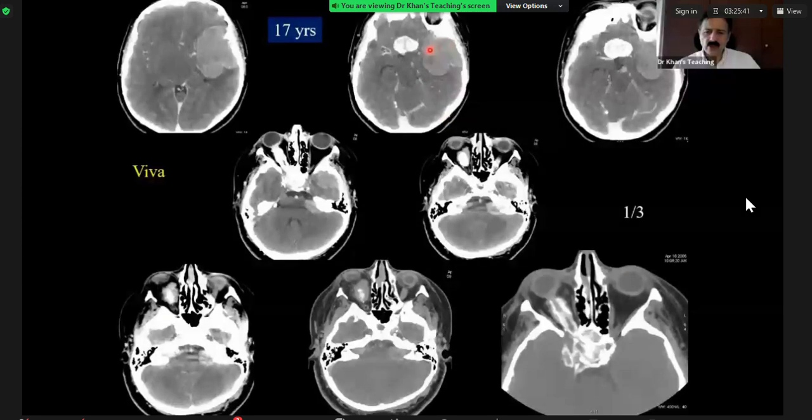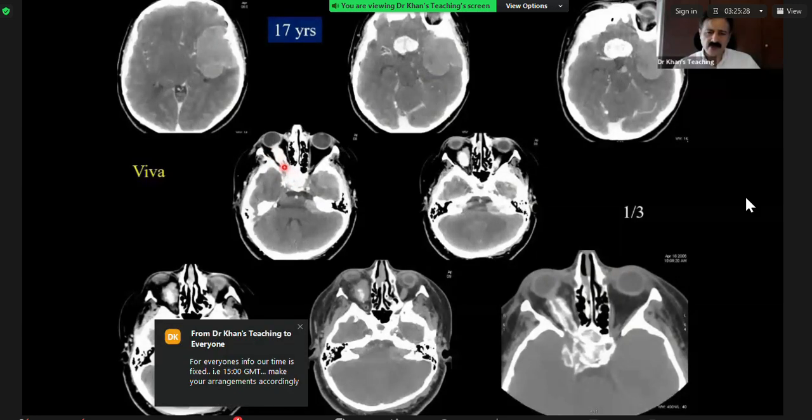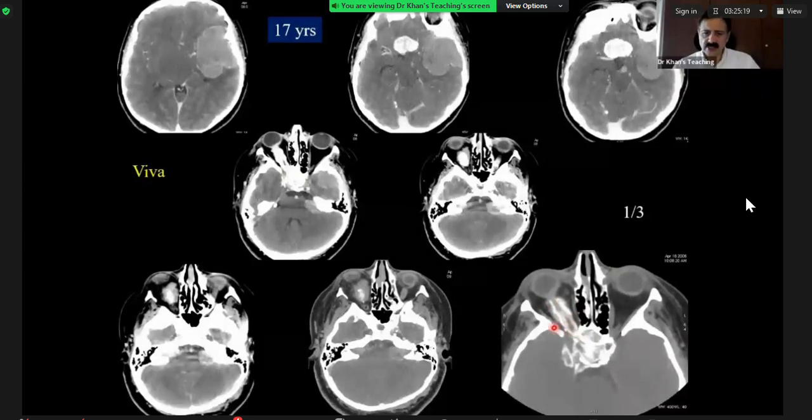Now what we can see is that there is a meningioma here. There is another meningioma in the suprasellar region, and actually it extends along the optic nerve, and it is partially calcified, as we can see here on this bone window. And other than that, we can see some enhancement here, some enhancement here. We are worried about